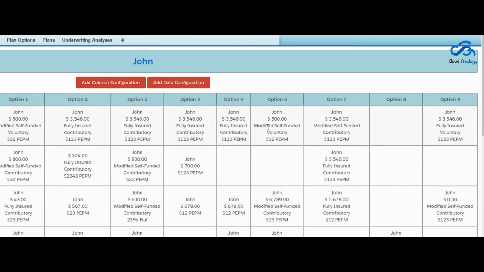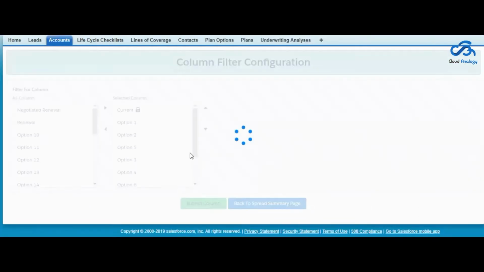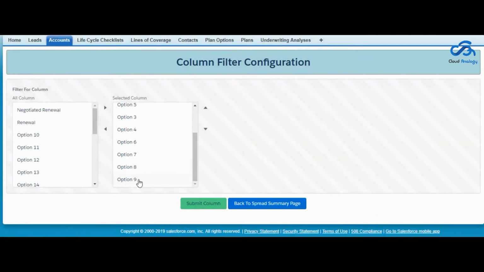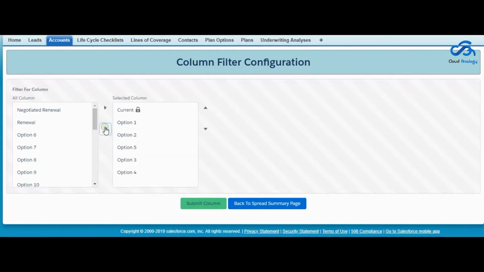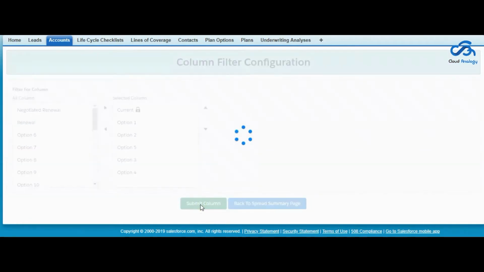If I want to remove the last 4 columns, I will click on the add column configuration and deselect all the 4 columns from the bottom, and these are the selected columns shown in the spread summary page. Then we click on the submit button, which will navigate us to the spread summary page.